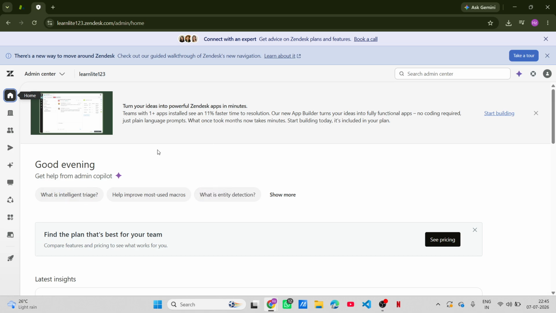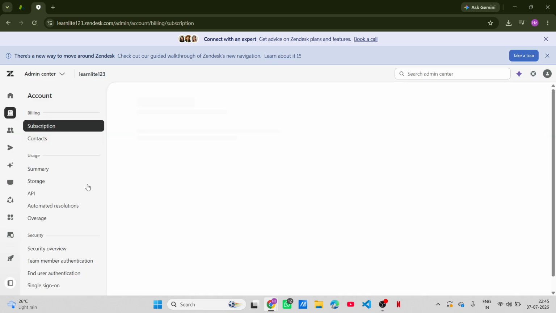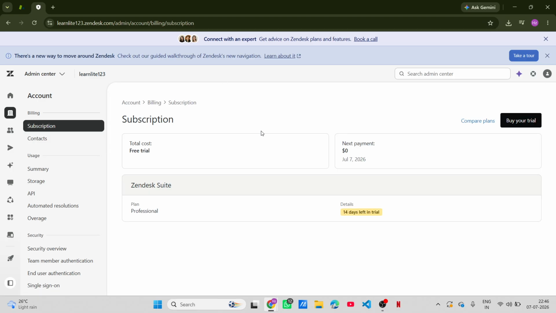Now, in the Admin Center, look for the sidebar on the left. You will want to find the Account section. Click on that, and from the drop-down, select Billing. After that, you should click on Subscription. This is where you'll find all the details about your current subscription plan, and it's the next necessary step in this process. When you're in the subscription section, look closely for the Manage option located next to your active subscription